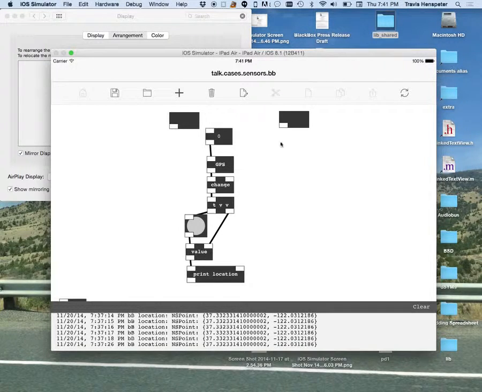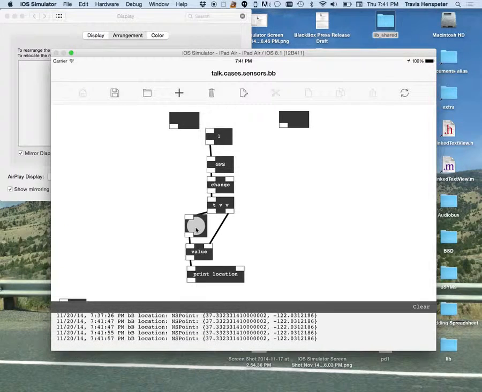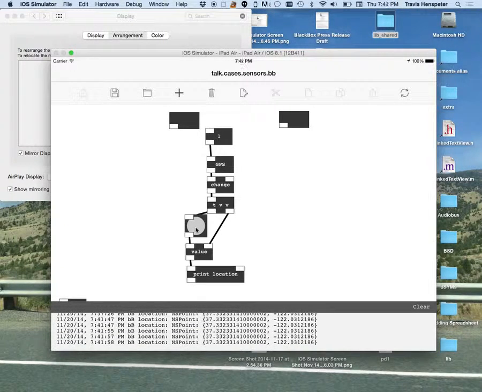So let's see if that works. Let's turn on the GPS. So we got that first value. Now if we decide later that we want to access it, it's there. Okay, great. So we've got something set up that will allow us to query the location on demand and get new updates,